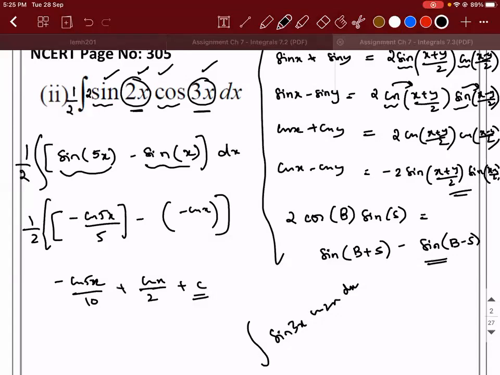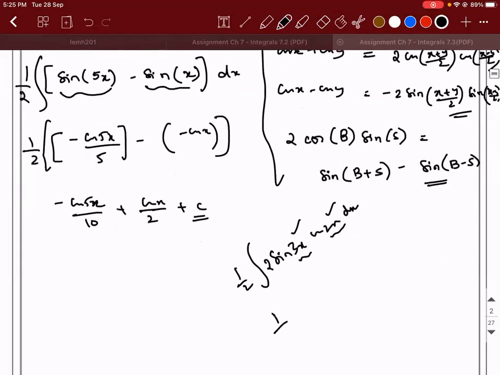So we multiply and divide by 2 first, sir. Okay. Use the sin x minus sin y formula. Will you use sin x minus sin y or sin x plus sin y? So you have sine of the bigger value, sin x plus sin y, sir. Yes, you have sine of the bigger value, cos of the smaller value. Then multiply and divide with 2.